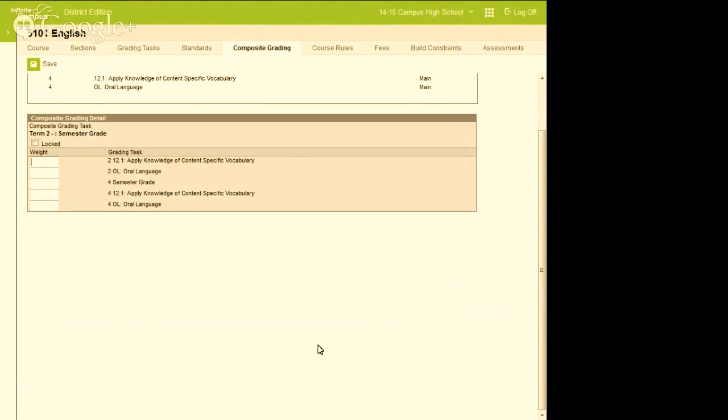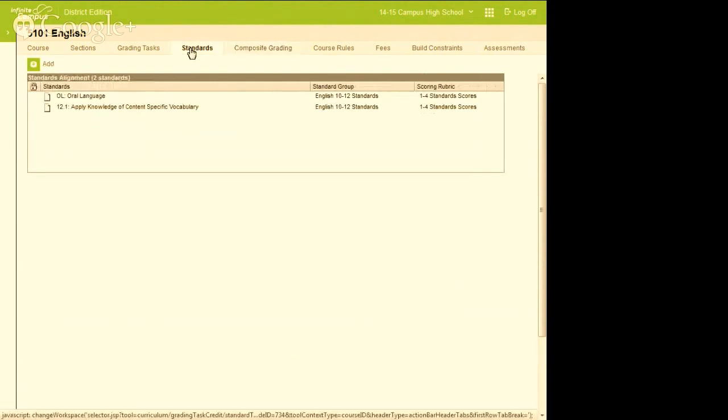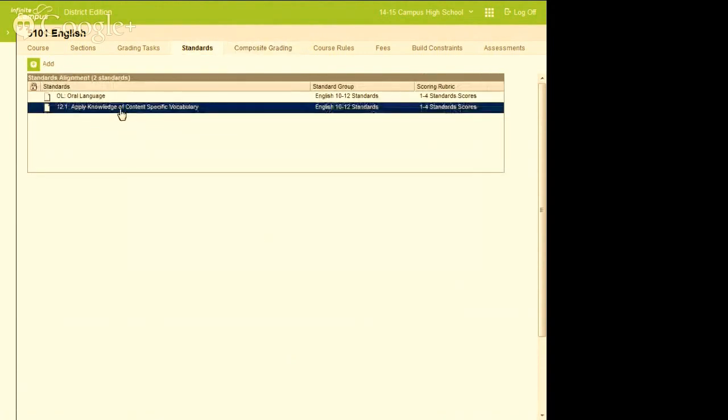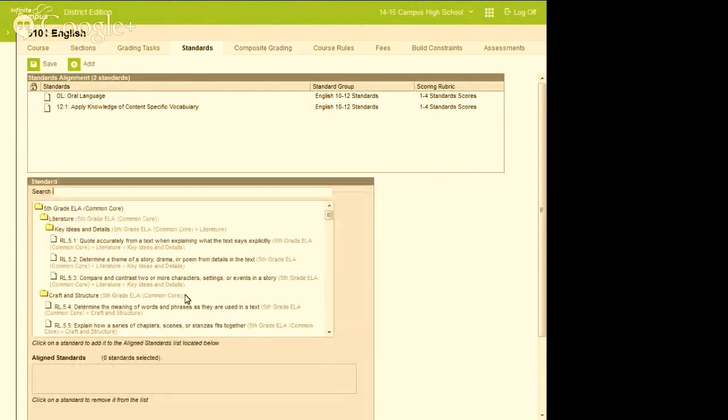And while I'm here, I'll point out a few other things for those other questions. Just like remember when I logged in as Melissa Grawl and I saw the supply knowledge of content. So whenever we want to add a standard, we have a full standards bank in Campus. We can add standards to the course on the standards tab, which automatically makes those teachers responsible for submitting a grade for those. So a lot of schools are doing things like, we want a quarter grade, but we also have to show accomplishment of these standards.